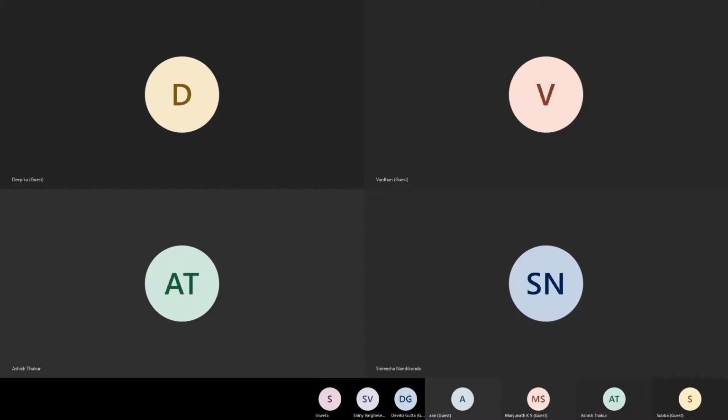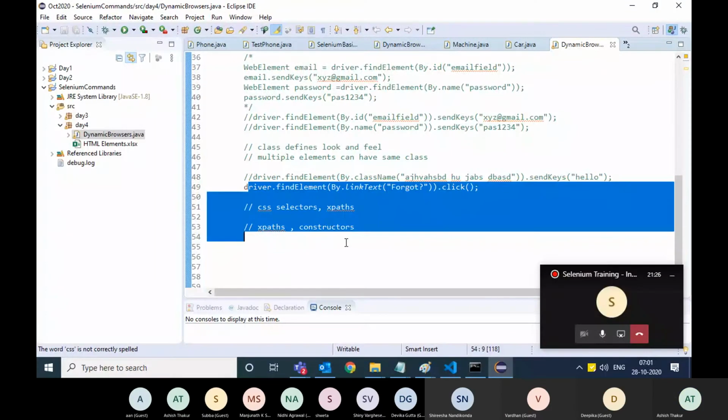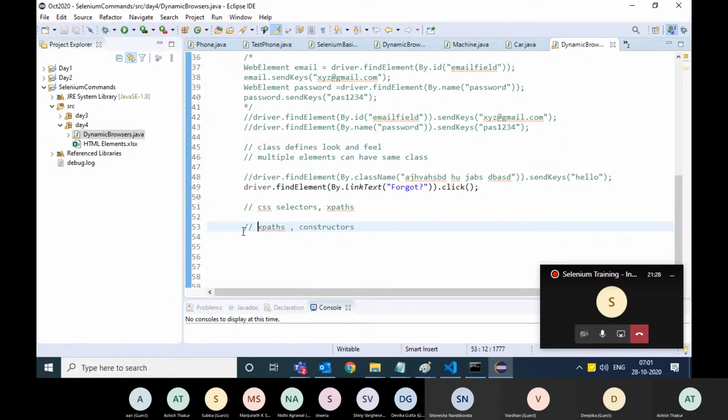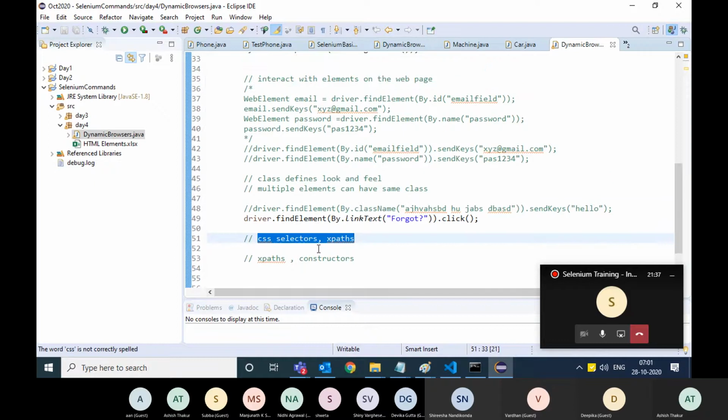A few things, I need to tell you a few concepts in Java. Before I tell you how to identify the elements with XPaths and CSS selectors, I'll tell you about constructors in Java. Although we will not be using constructors right now, constructors are really important. So in day 4,